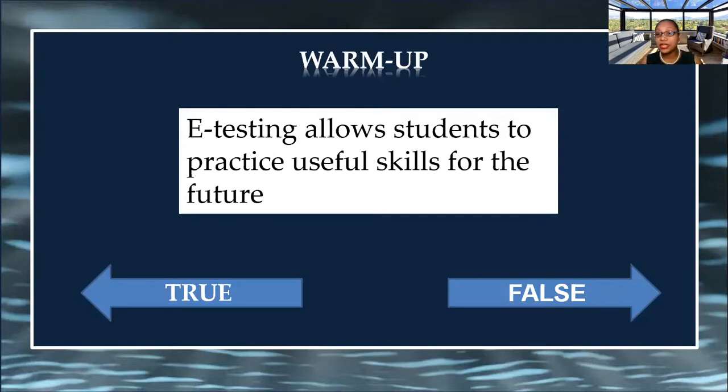Netflix is a company that doesn't have an office. They work online, right? A lot of those taxi companies in the States and so on, Uber, there's no office. It's an online company. The world is digital. Whether we like it or not, that's the direction that our children are going to be living in. And so e-testing allows students to practice useful skills, and it's not just an assessment, but they learn things like,